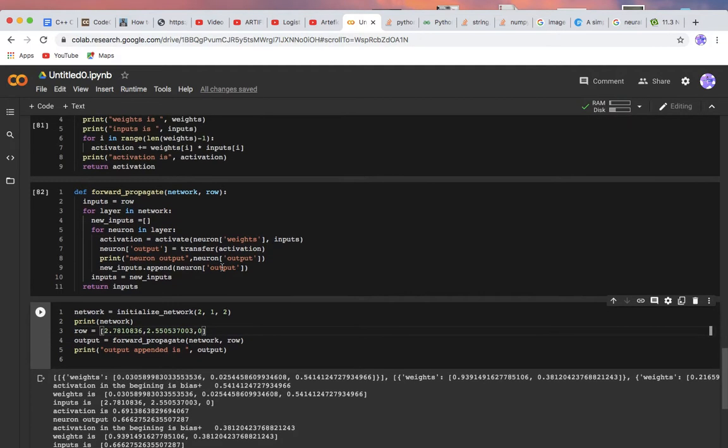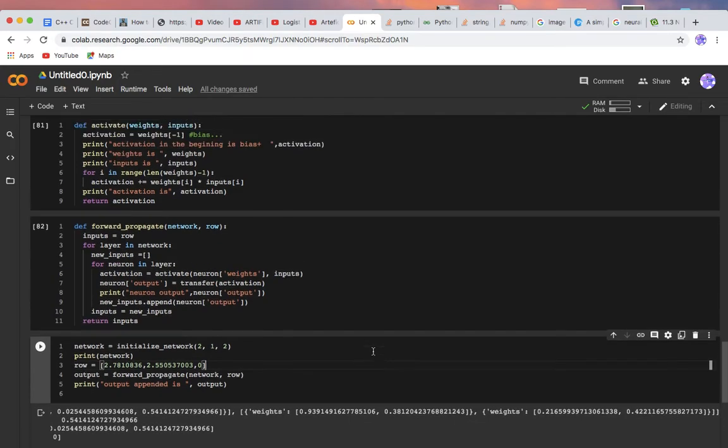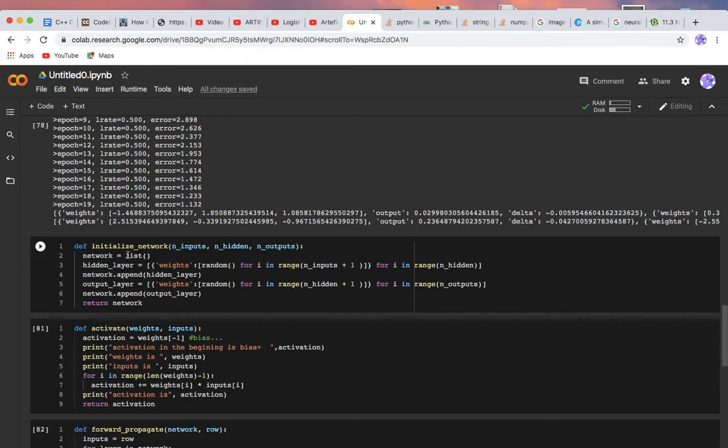Okay, so let's go ahead guys and initialize the network function, right? So these are our weights. You see it's one row, three columns. Similarly, two rows, two columns, right? So we'll have a function called initialize network, in which we have the number of inputs, number of hidden layers, and number of output neurons, right?